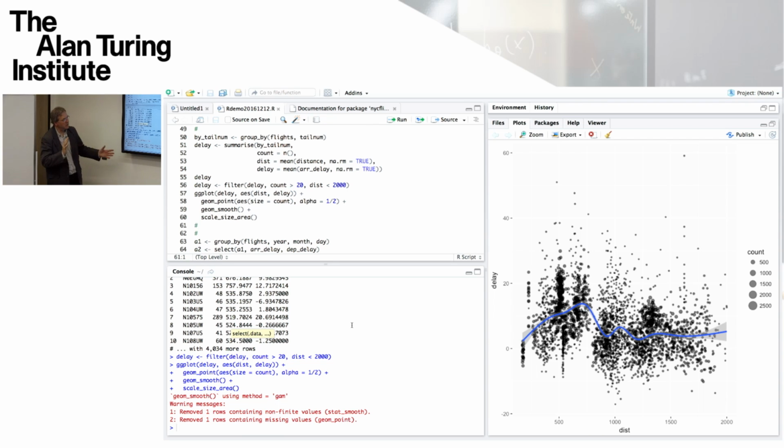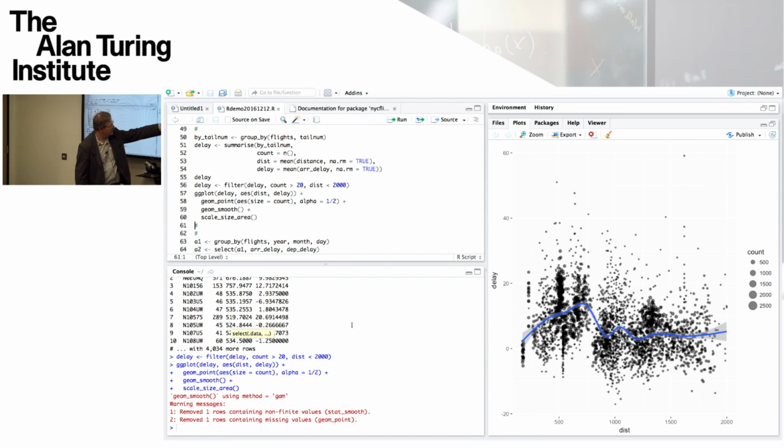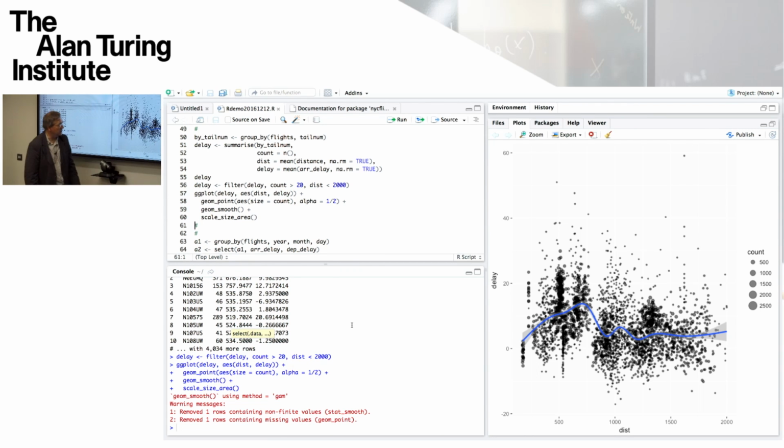So you can give them an alpha channel value of a half. You can add a smoother on as well, as shown here, which suggests that delay as a function of distance is complicated. So short flights can get quite substantially delayed, but some of these longer flights, there's a bit of a bump here, some of these longer flights have more modest delays. So maybe the airlines give priority to scheduling things to keep these a bit more on time, or not to let delays grow with distance.